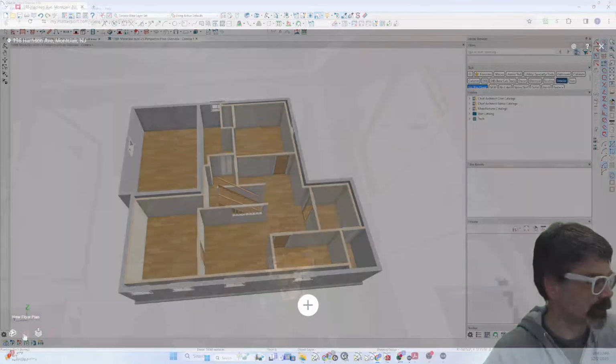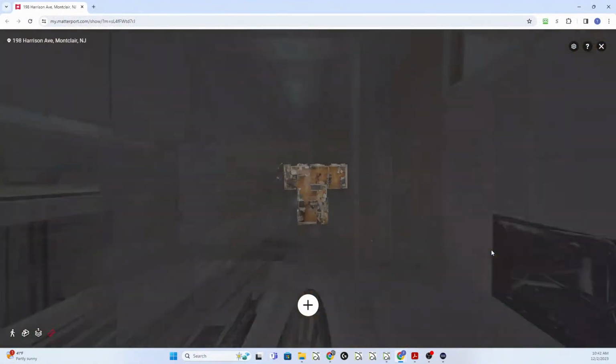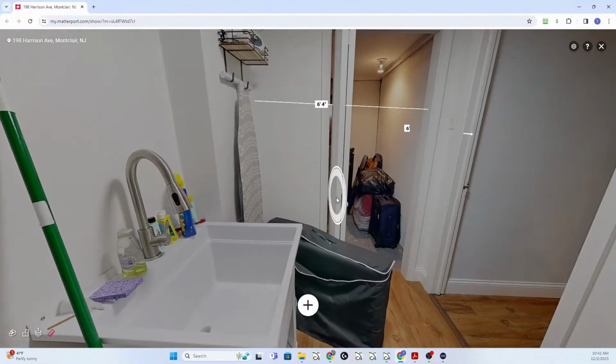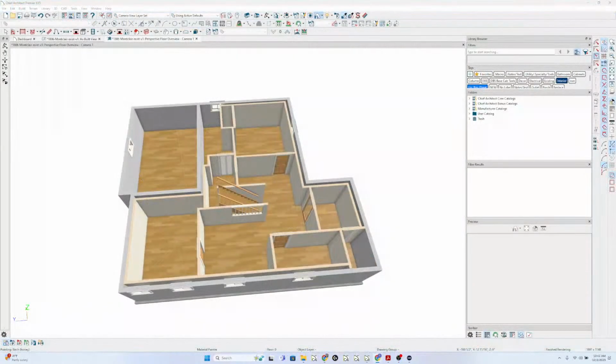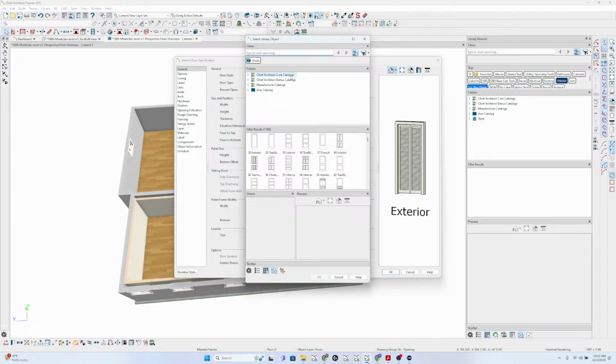Let's go back to Matterport and see about this. This bifold is white, so we'll leave that as white. But that looks like a 3-panel door, which is not P09 for bifolds,